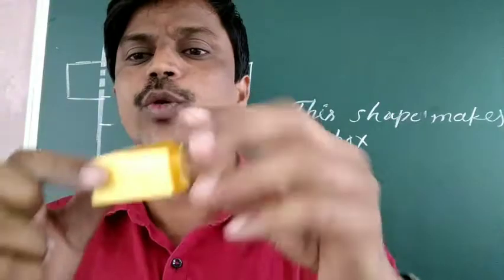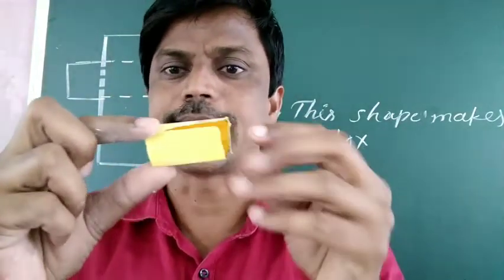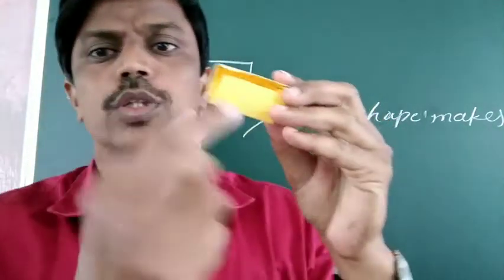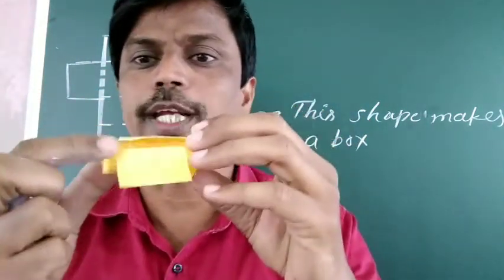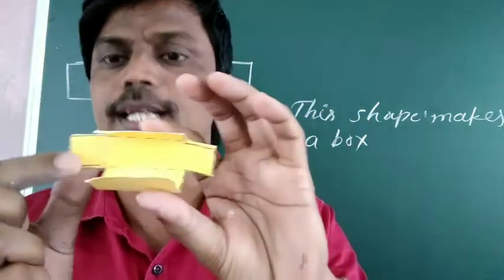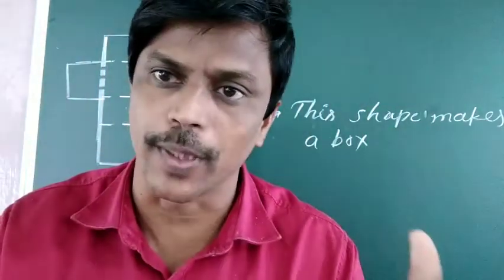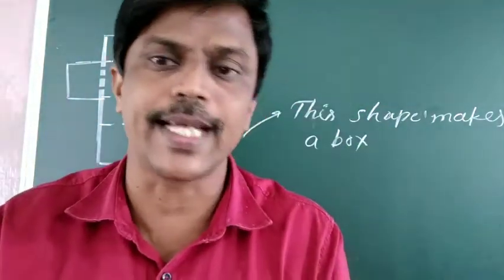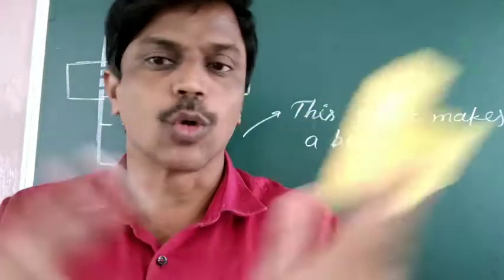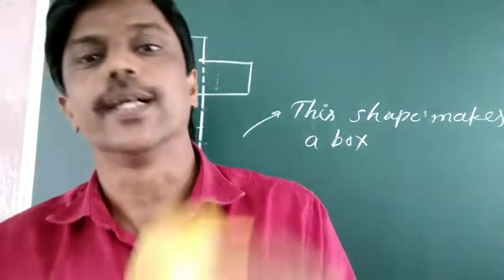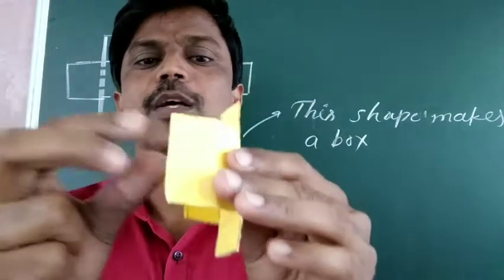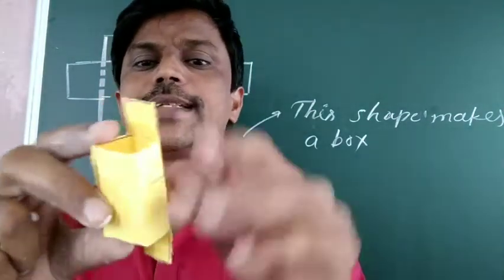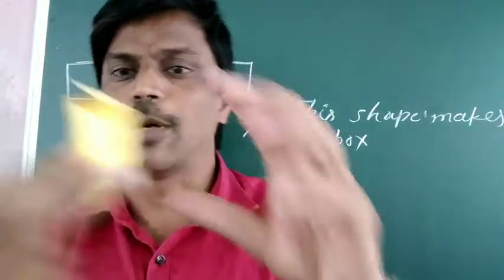It is the shape of a cuboid. See, 1, 2, 3, 4, 5, 6 faces are there. And when you fold it, all 6 faces are covered here. No face is left open, and no face is repeated. No face is folded twice. Means all 6 faces are there. And when you fold along the dotted lines, it changes into the box shape of a cuboid.